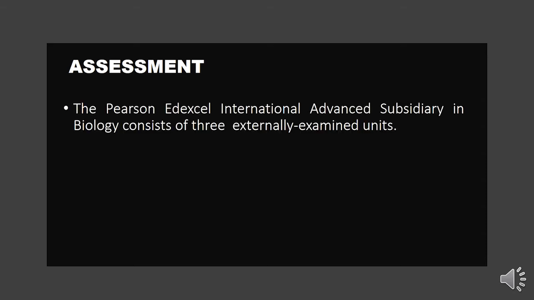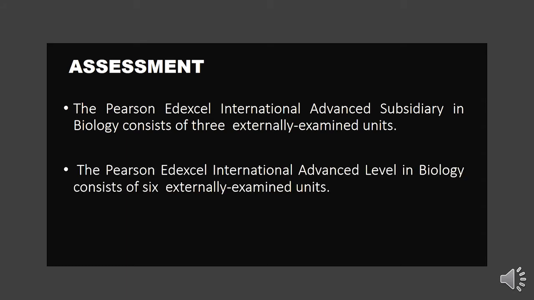Okay, as we have already discussed the content and assessment overview, now you will all have some idea about the paper, that is how many units are there under each of the levels and how many total units you have to complete over the course of these 2 years. In the further slides, I'll be discussing assessment objectives, unit results, and how the marks will be awarded for each of these units in order to complete your entire IAL qualification.